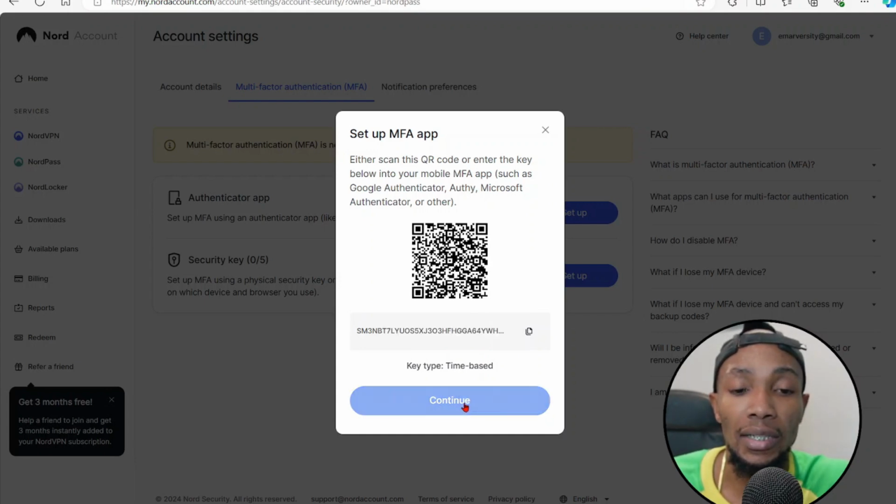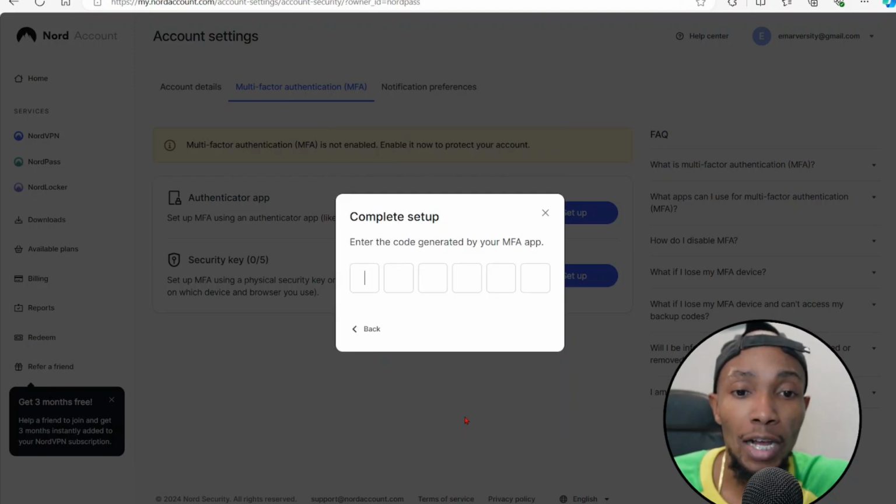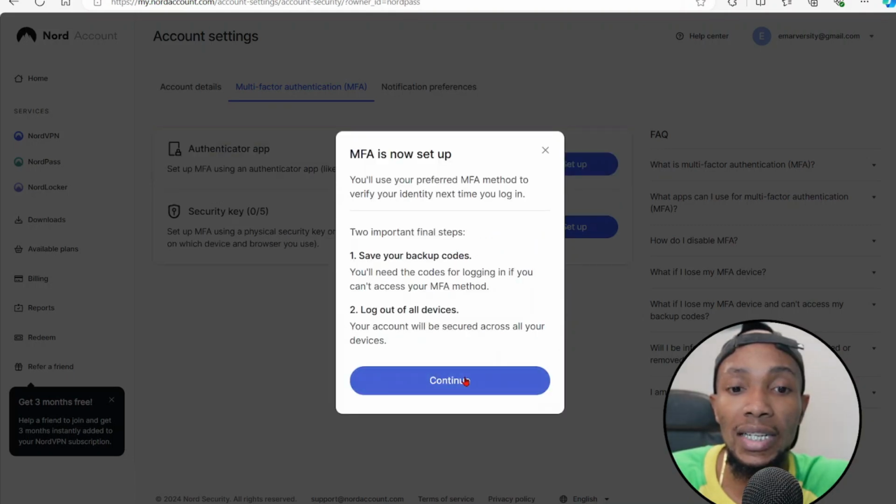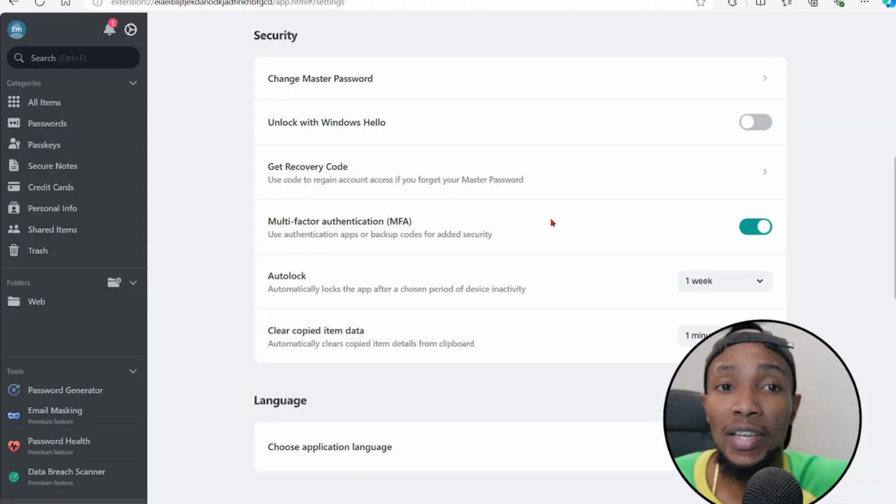Then select continue. Now from your mobile app, you should be seeing a code that is being generated. So you're going to enter it. Then select continue. So now MFA has been enabled for